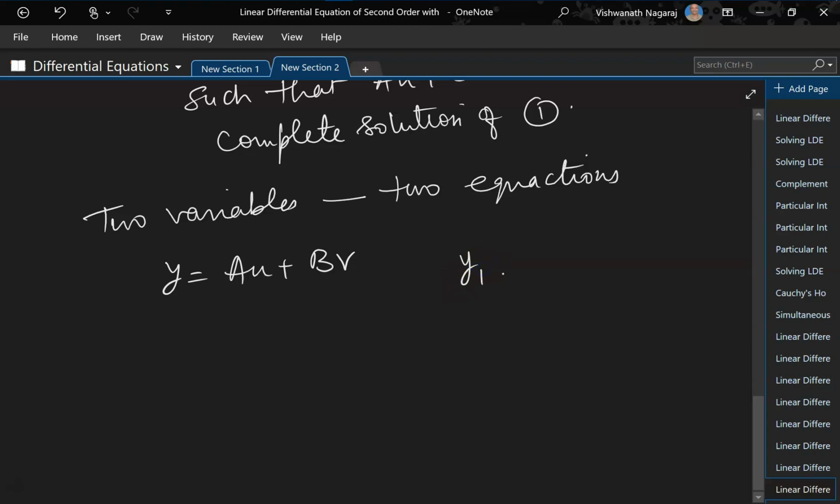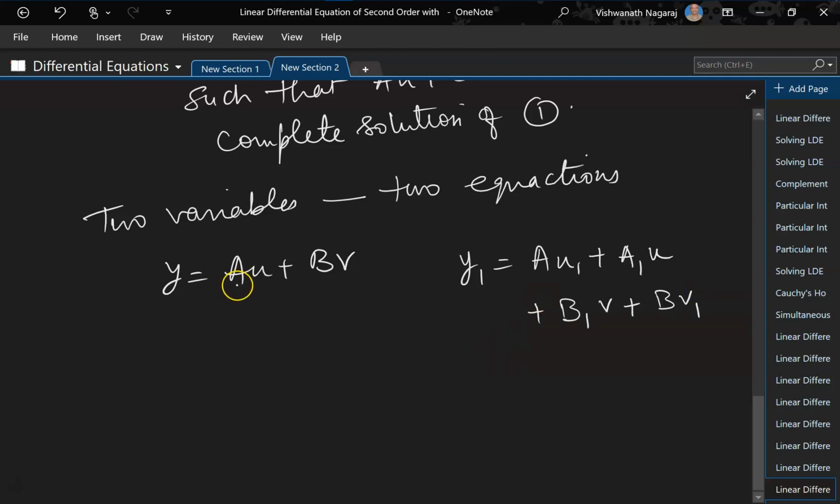So y1 is equal to a times the first derivative of u plus the derivative of a times u plus b times the first derivative of v plus